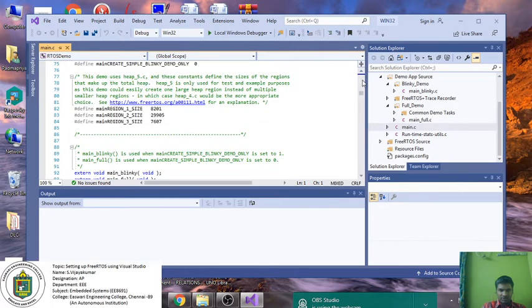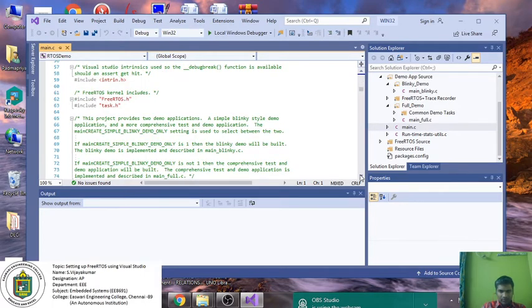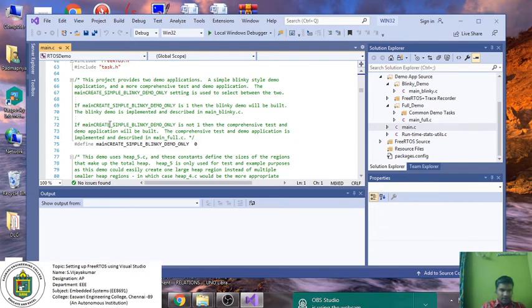You can see here, if mainCREATE_SIMPLE_BLINKY_DEMO_ONLY is not 1, then the comprehensive test and demo application will be built. That is, main_full.c will run. Suppose this particular value is not 1, I am simply putting it as 0, that means main_blinky.c will not run. If mainCREATE_SIMPLE_BLINKY_DEMO_ONLY is 1, then the blinky demo will be built.